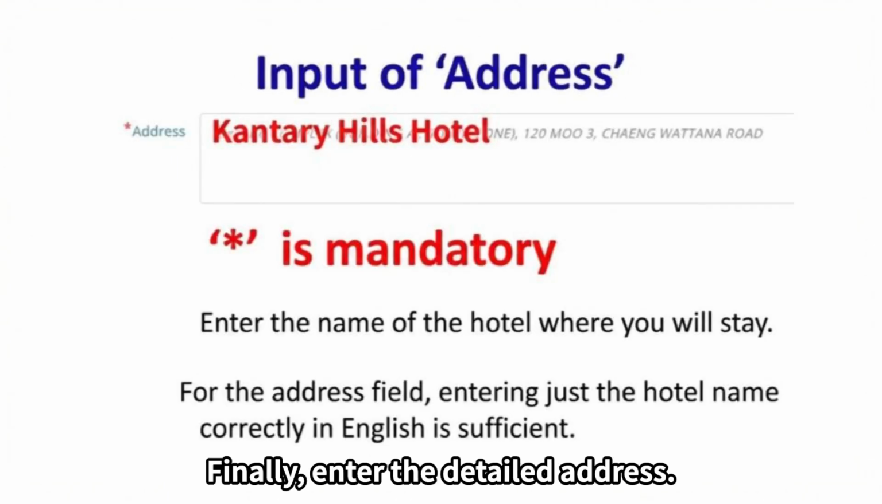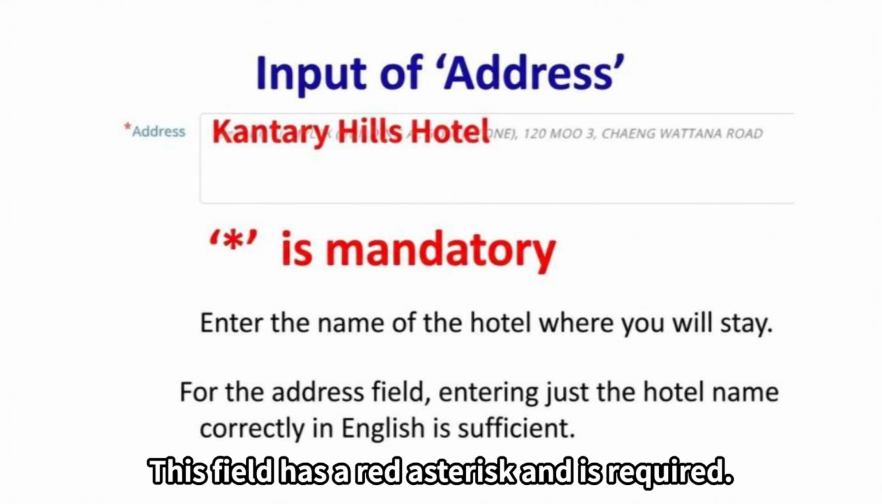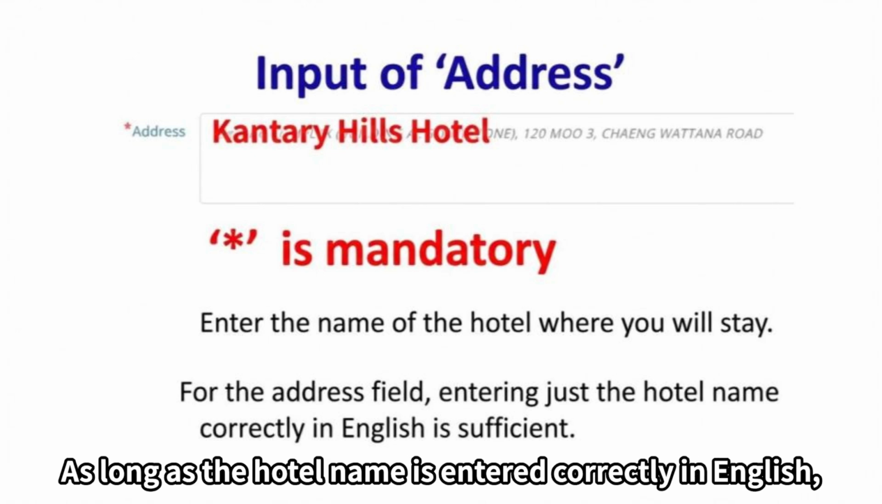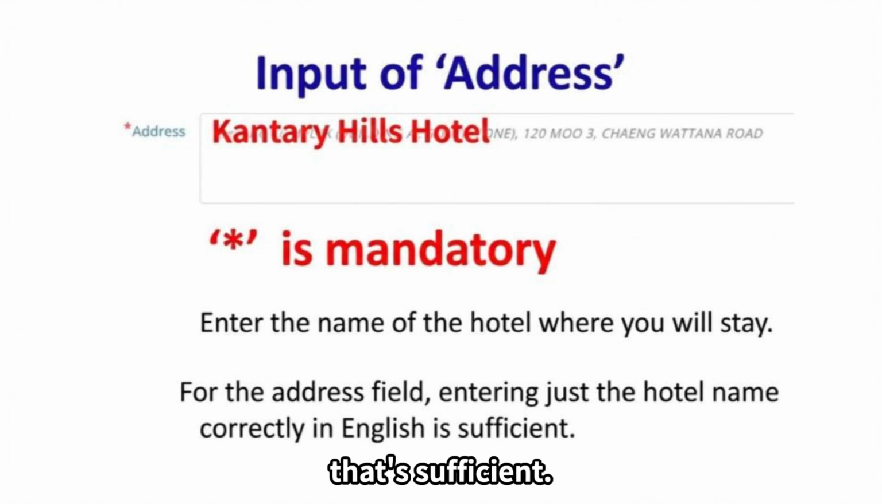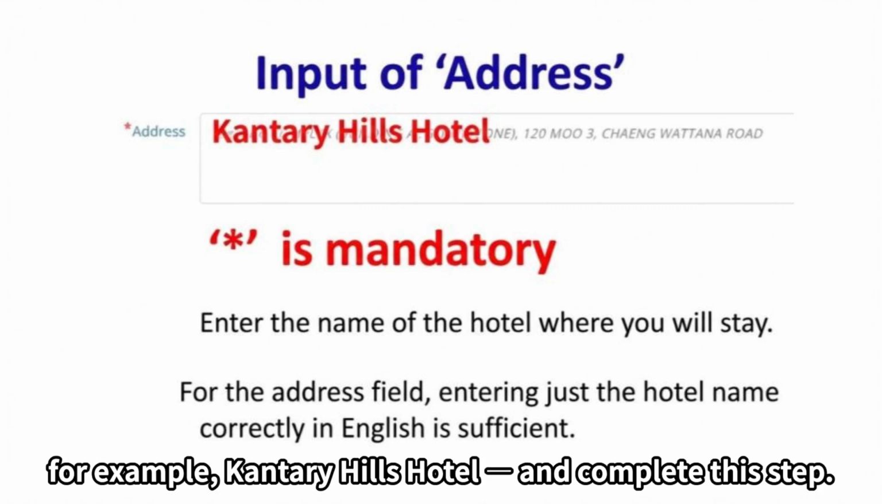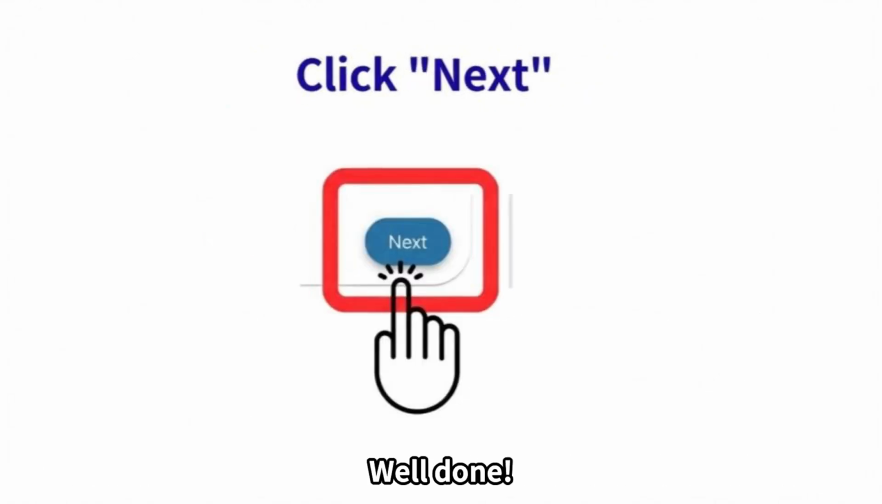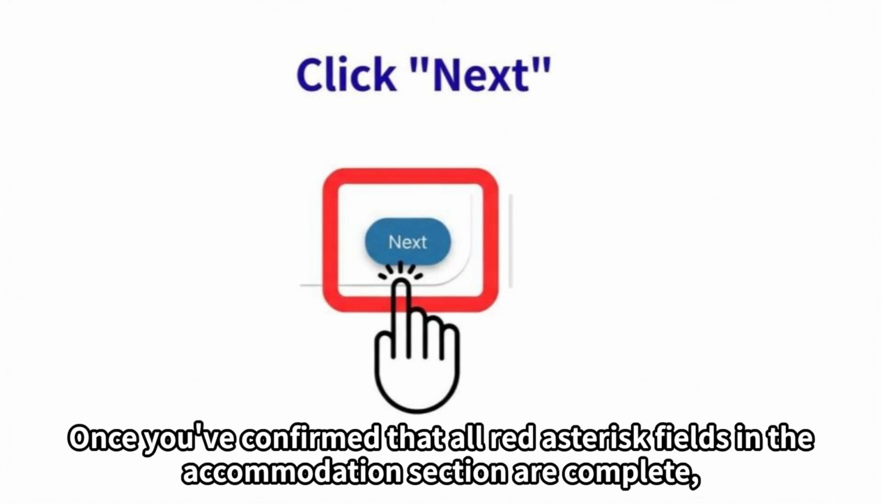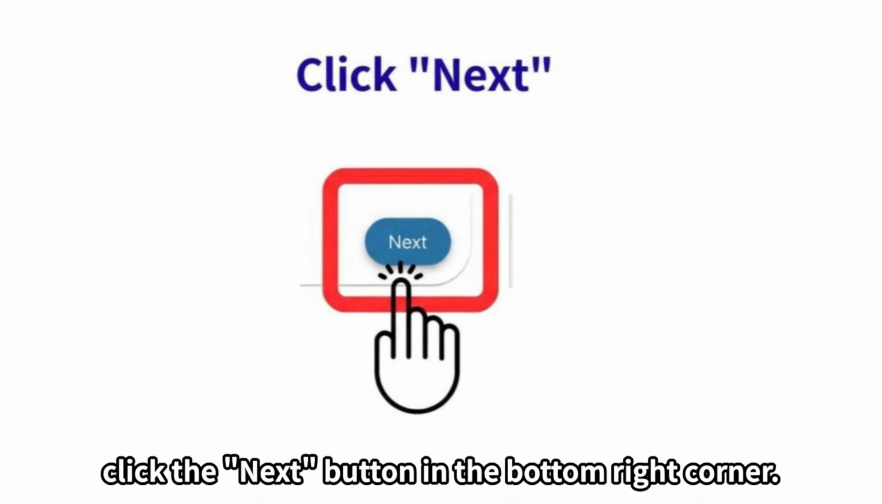Finally, enter the detailed address. This field has a red asterisk and is required, but don't overthink it. Simply enter the name of the hotel where you'll be staying. As long as the hotel name is entered correctly in English, that's sufficient. Enter it in the format shown on screen, for example, Kantari Hills Hotel, and complete this step. Well done! All fields have now been filled in. Once you've confirmed that all red asterisk fields in the accommodation section are complete, click the Next button in the